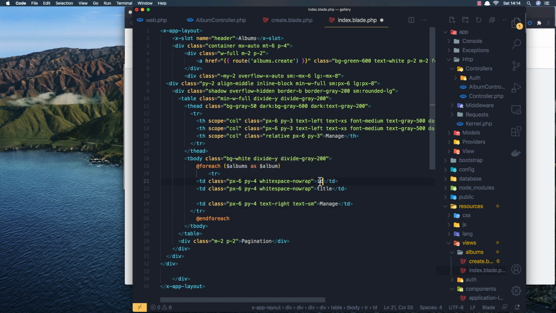We need the ID to be the album ID, and here it's going to be the album title,